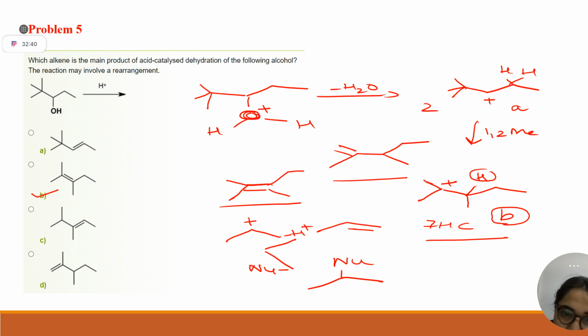Now see hyperconjugation of these alkenes and tell me. 3, 3, 3, 11 hyperconjugation. Here 3, 4, only 4 hyperconjugation. So you have to see the stability of your final product. The more stable your alkene is, the more major it will be. Correct? Now, if anyone in the class is having a problem in seeing this hyperconjugation, you can tell me, I will tell you how to calculate. The more the hyperconjugation, the higher your stability.